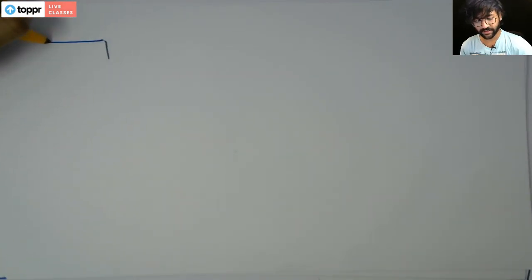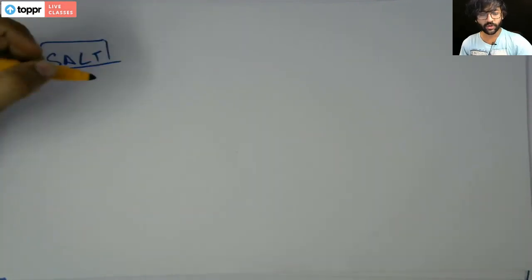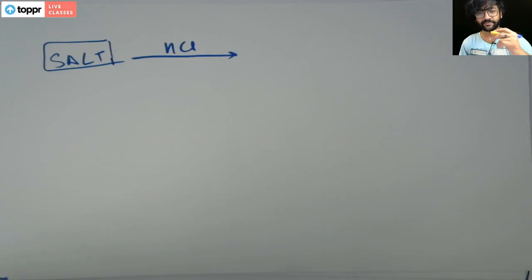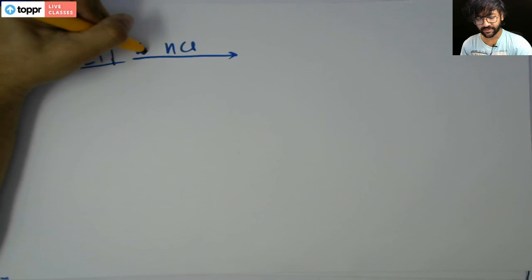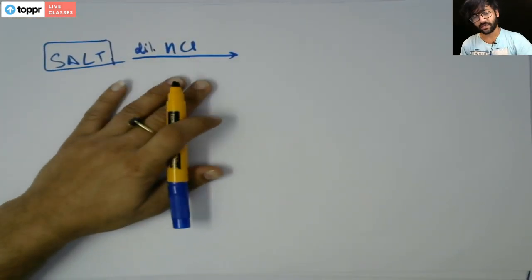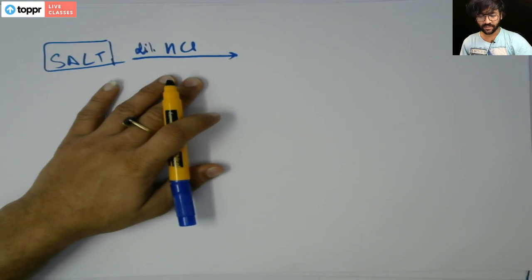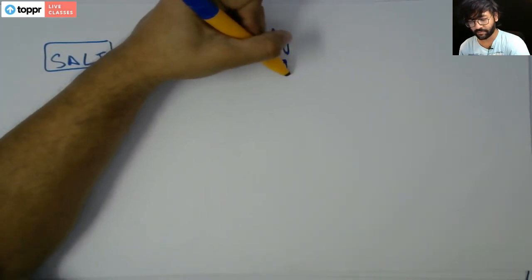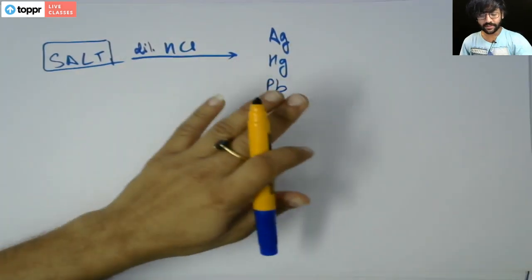So it's as simple. We have a salt, all right? Here we have a salt. Now I don't know what that salt is. What do I do? I put HCl in it. Simply, so I put dilute HCl here. Now, if the cations present are of silver or mercury or lead, these three,